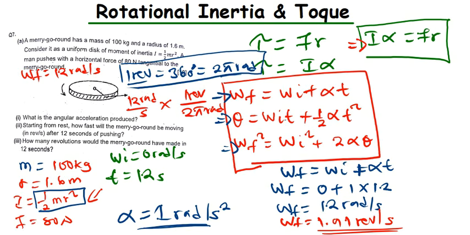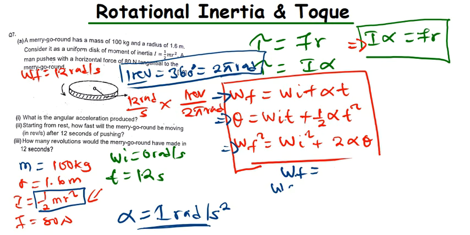Then they want us to find the revolution anyway. Now I can get rid of this. So how many revolutions would the merry-go-round have made in 12 seconds? Whenever you see a question which is asking about revolution, just know that they're asking about the theta. Always, if they're asking about revolution, they're asking about the theta,